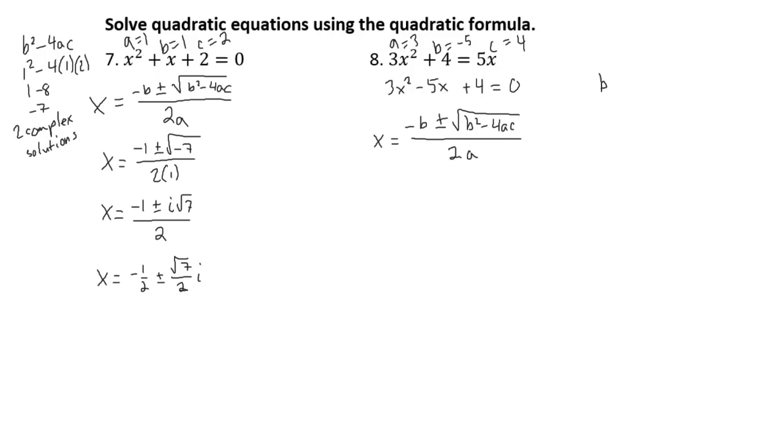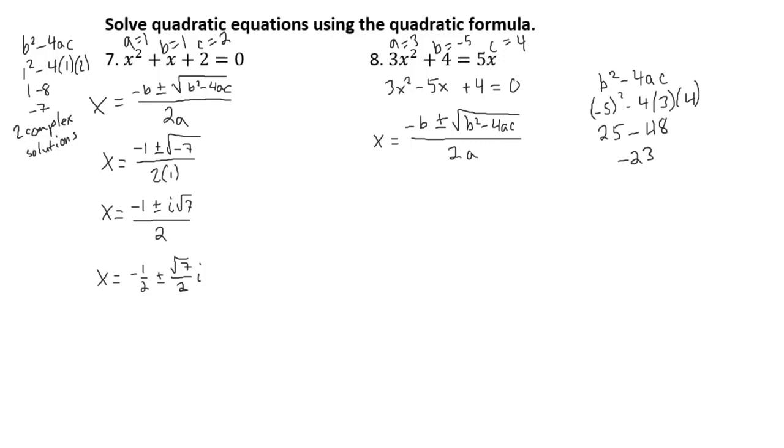Put my discriminant on the side. Negative 5 is my b, 3 is my a, and c is 4. So that's 25 minus 4 times 3 is 12, times 4 is 48, and that gives me a negative 23,